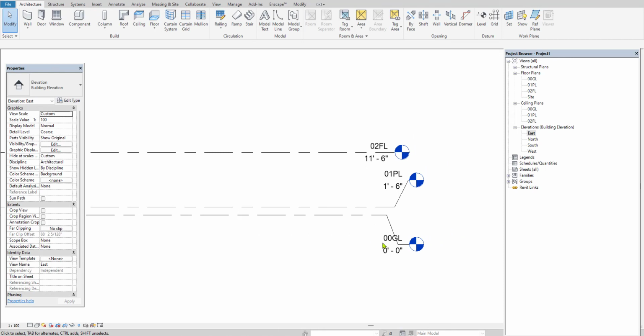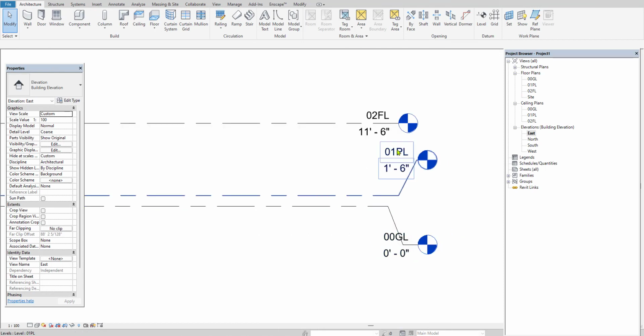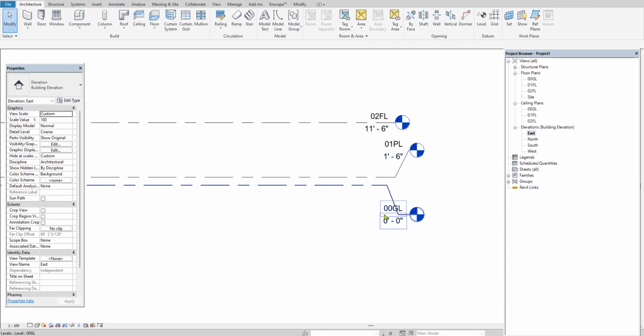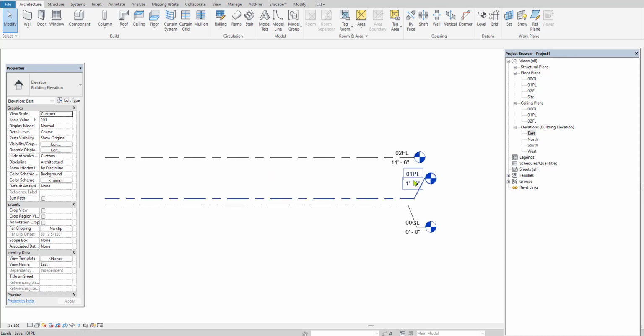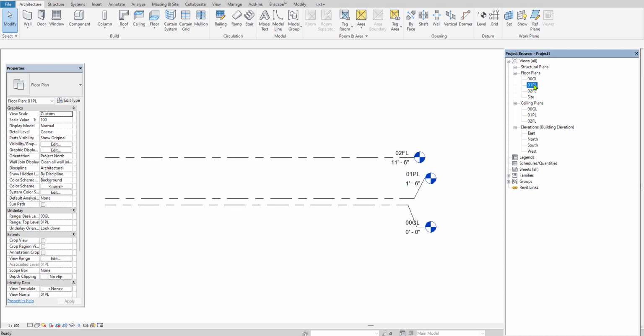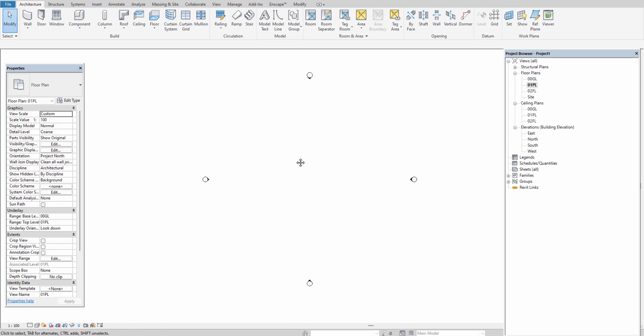Here I set the levels, that is ground level, plinth level and first floor. The distance between the ground and plinth you can take as 1 foot 6 inch, 2 feet, or 3 feet depending on the site topography and other soil conditions. Here, floor to floor I have taken 10 feet. Now I want to import the plan at the plinth level, so make sure you are in the plinth level. I already saved the AutoCAD plan on the desktop.